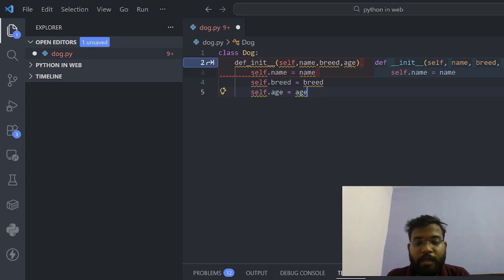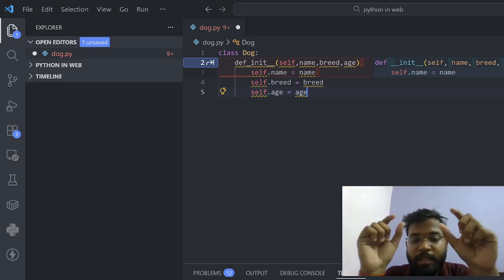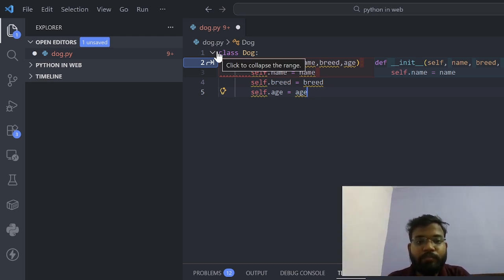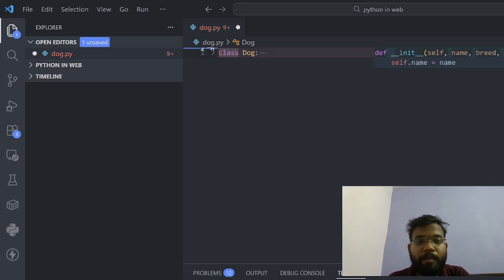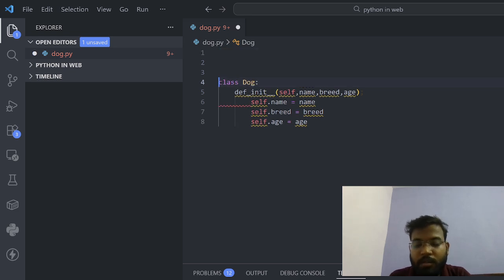Now let's actually make some dogs from one blueprint. These are called objects. Now we create an object.